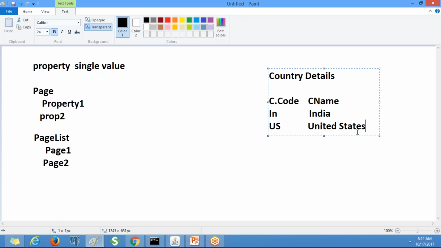If you fetch multiple records, where will they be stored? We should have a page list to store multiple records. If you fetch only a single record, then a page is enough. But to store multiple records, we need a page list property. Clear? Note this down, it is very important. If you understand this, the going forward classes will be easy to understand.